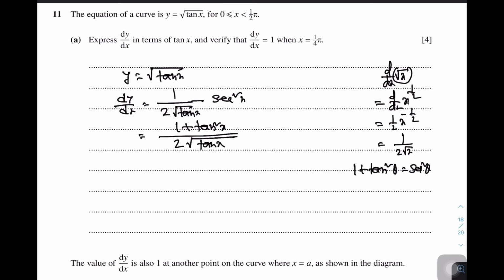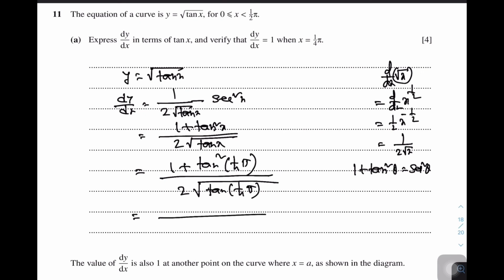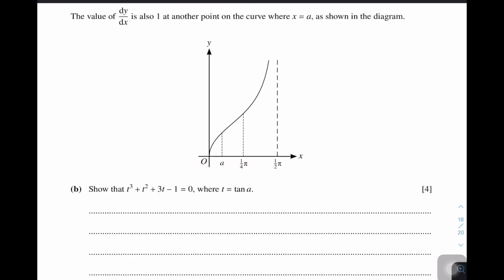Now let me substitute x is 1 by 4 pi, 1 plus tan of 1 by 4 pi. So 1 plus 1, tan 1 by 4 pi is 1, and 1 square, that is 1. So 2 and root over 1, that is 1. So 2 by 2, result is 1. It is proved. dy dx equals to 1. So dy dx is also 1